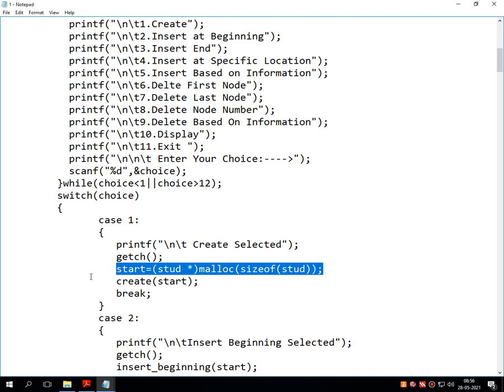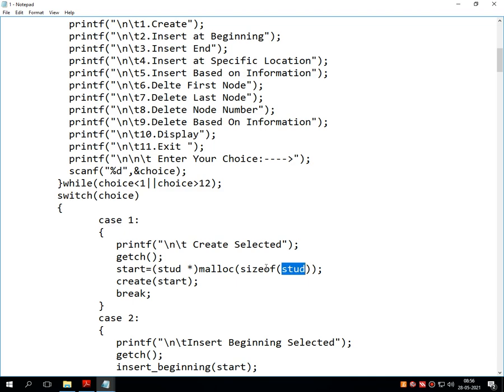So the line is start equals student pointer malloc sizeof student. So sizeof and malloc both are functions, and in that function I have passed the name of my structure, that is student.